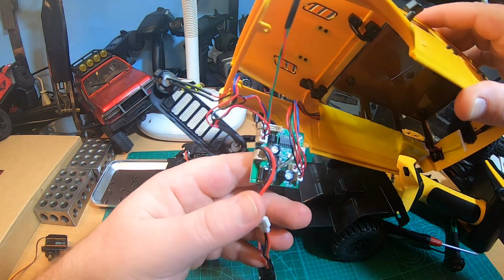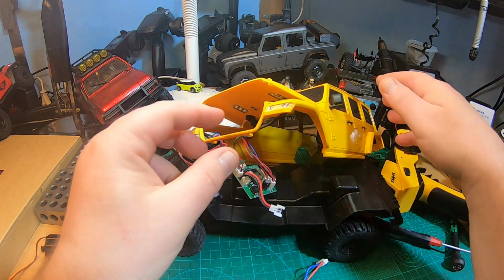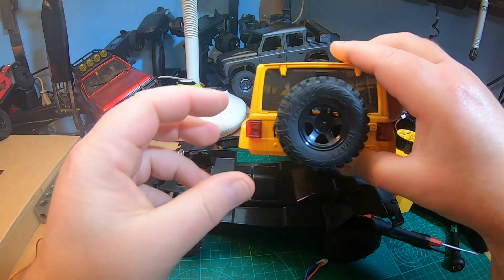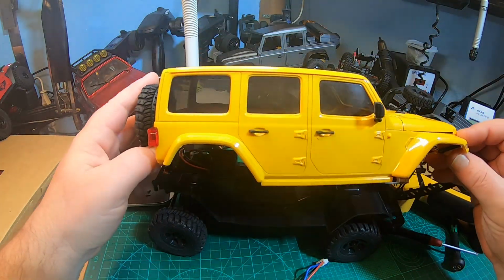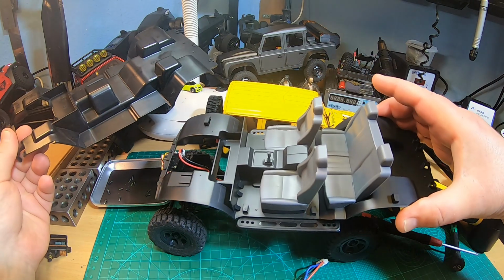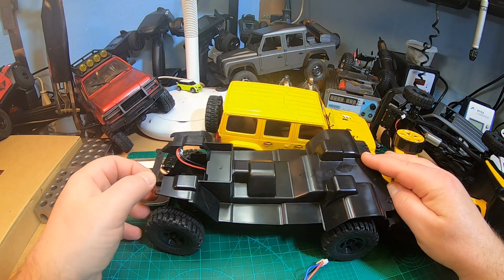Cheapo electronics. Let's switch it off. Fully functional spare tire. Here, and that's a pity. Inside, no interior as in the Patriot, but simply this